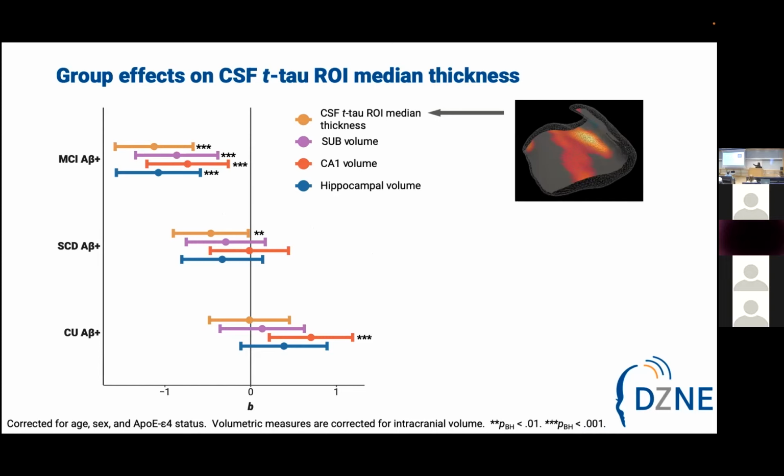So here at the top, you see that the mild cognitive impairment group has quite a bit of neurodegeneration, just as expected. However, the only effect of neurodegeneration that we see is here in that SCD group, where only our new structural measure picks up a significant negative effect. And yes, I do see this effect. I'm very happy to talk about that later. So we do actually see significantly larger CA1 volumes in the CU amyloid positive group compared to negative controls.